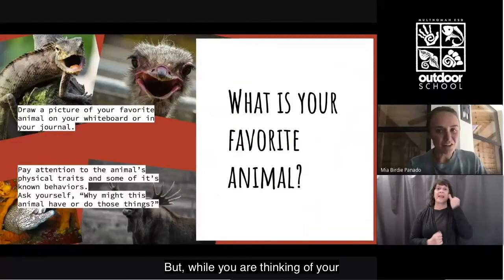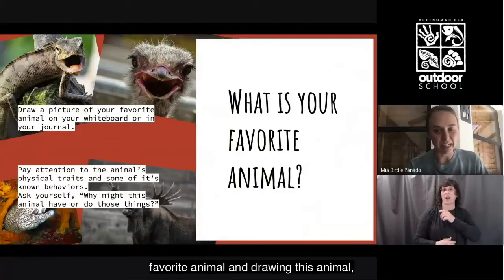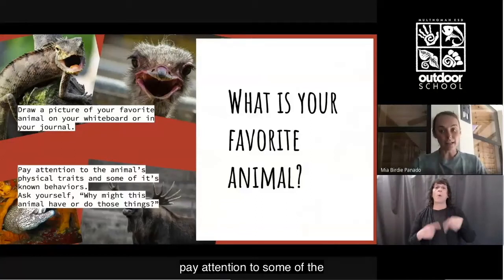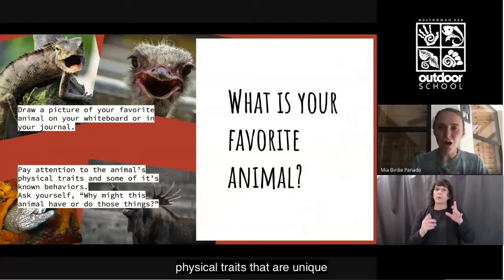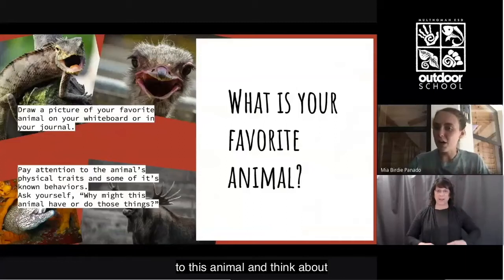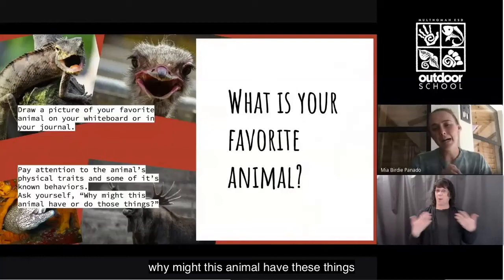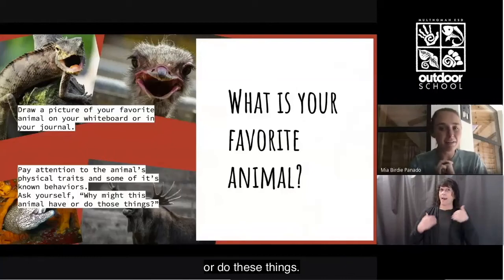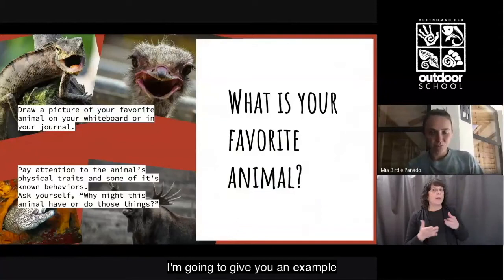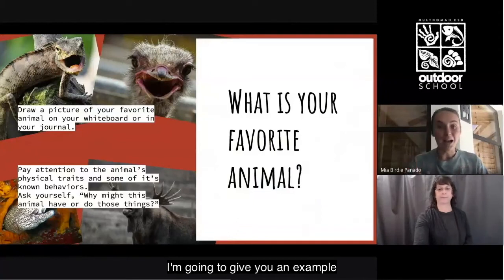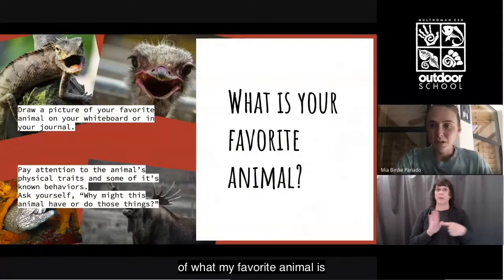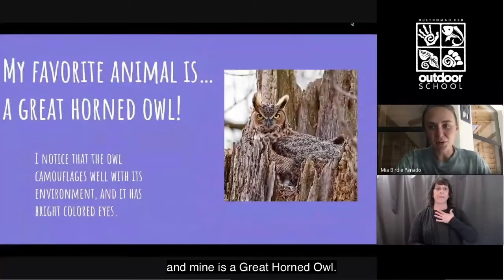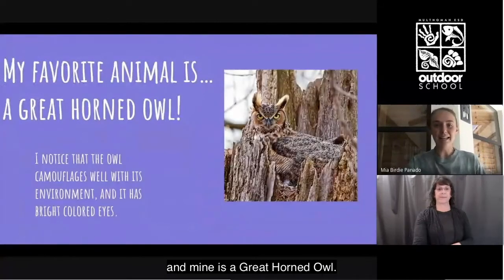But while you are thinking of your favorite animal and drawing this animal, pay attention to some of the physical traits that are unique to this animal and think about, why might this animal have these things or do these things? So I'm going to give you an example of what my favorite animal is, and mine is a great